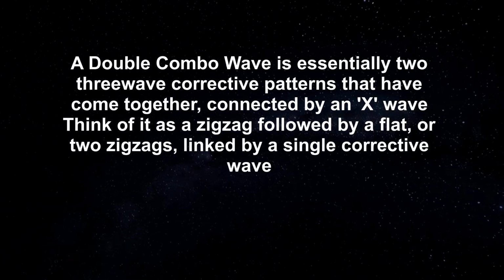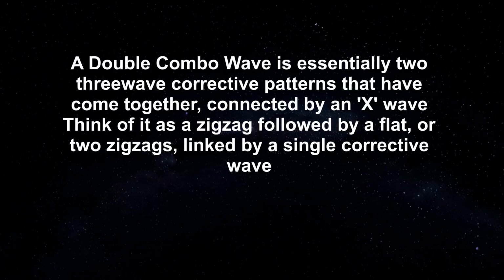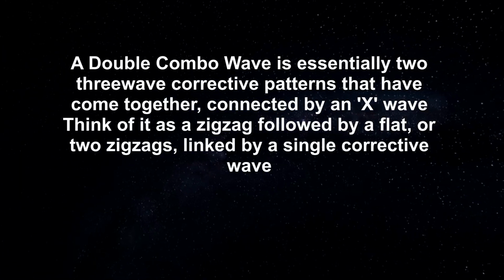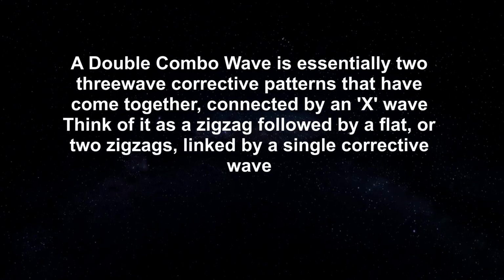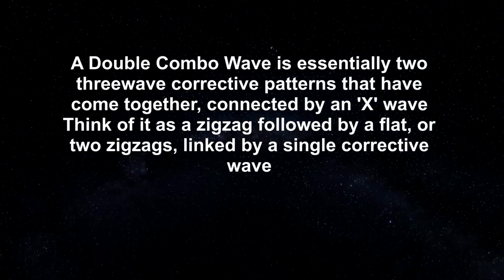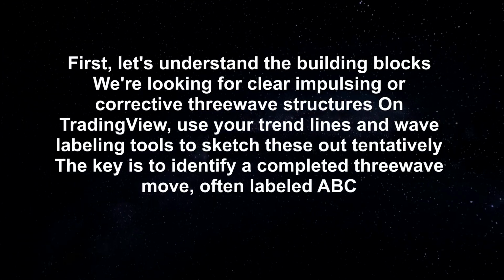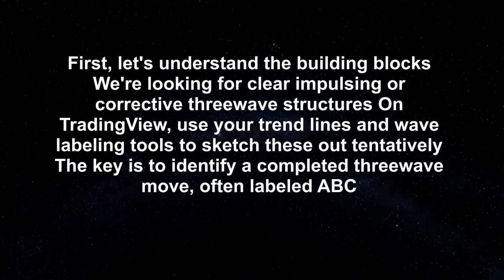A double combo wave is essentially two three-wave corrective patterns that have come together, connected by an X wave. Think of it as a zigzag followed by a flat, or two zigzags, linked by a single corrective wave. First, let's understand the building blocks we're looking for: clear impulsing or corrective three-wave structures on